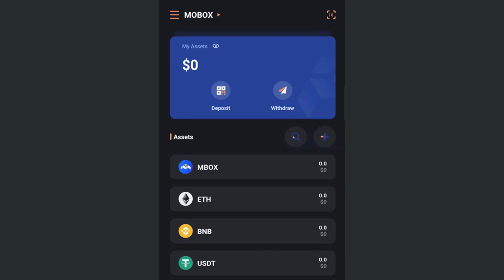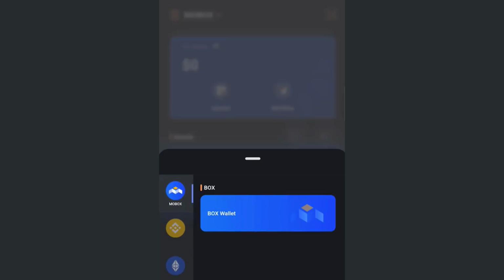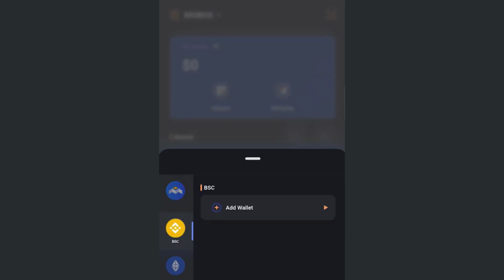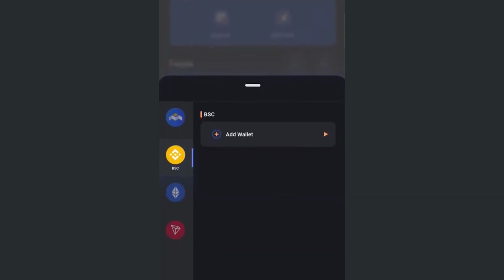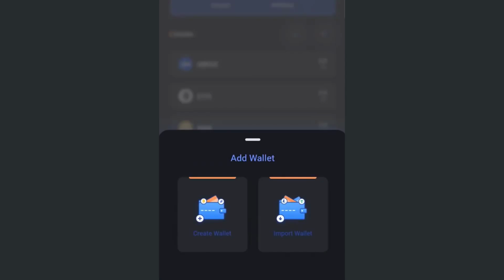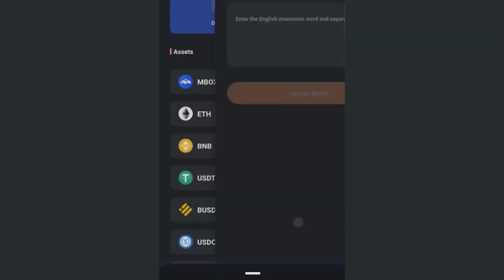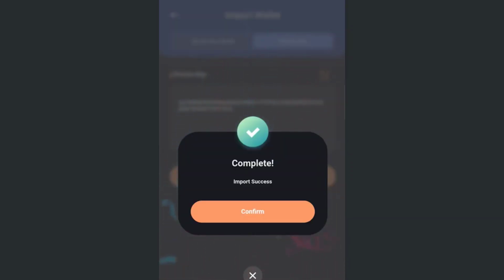You can also import your old one. So right now I will add my old wallet with this account. What I have to do is go to the Binance Smart Chain and add a wallet and import wallet, and here